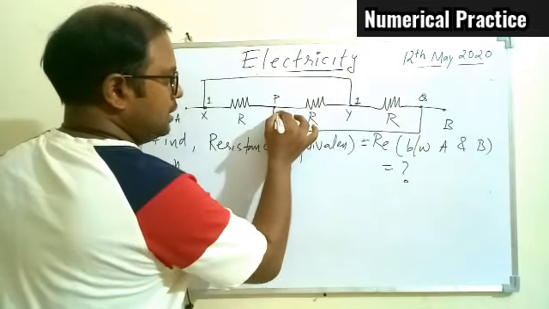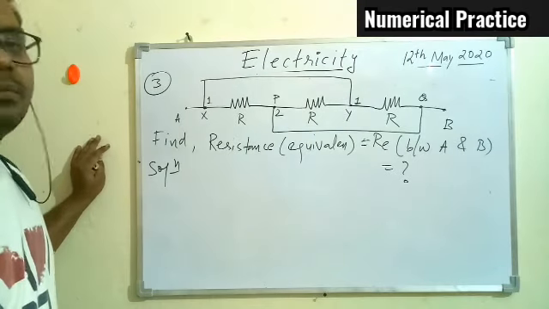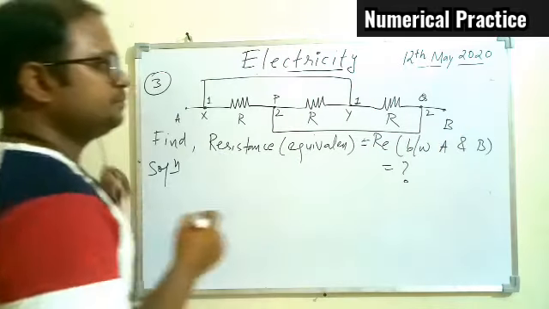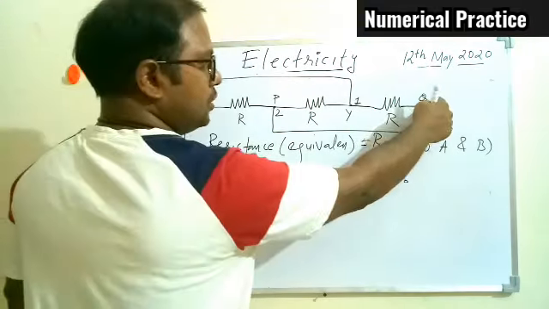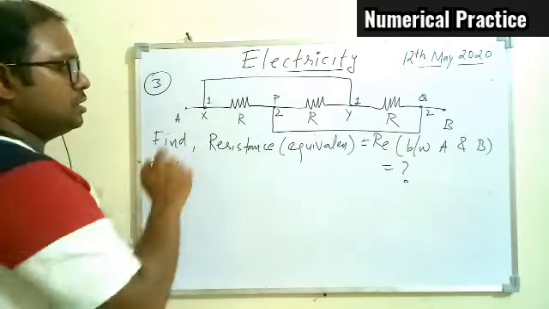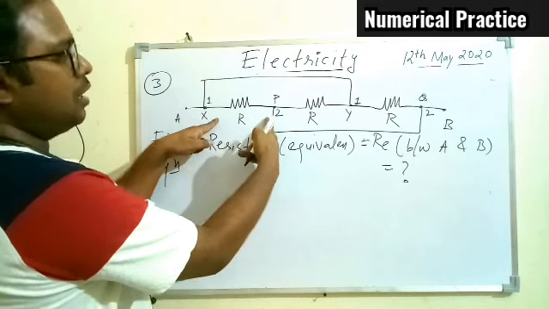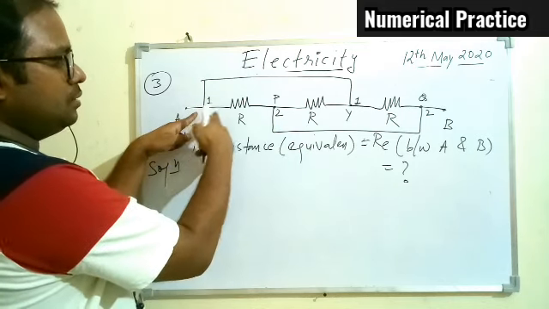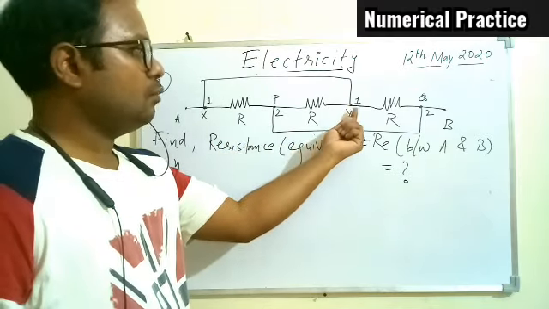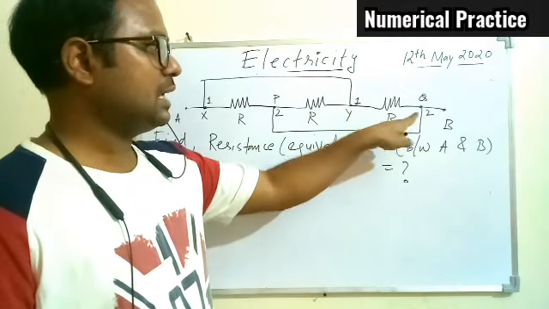Now let's see this point P. Let this point P be at potential 2. That can be some other voltage, and this is connecting the other terminal, that is 2 here. This wire is coming here at Q, so P and Q will also be at the same potential. X and Y will be at the same potential, 1 and 1, 2 and 2. Yes or no? Now you see, for this resistor R, one terminal is at 1 and another terminal is at 2. For the second resistor R, one terminal is at 1, another terminal at 2, and for the third resistor R, one terminal at 1 and the second at 2.